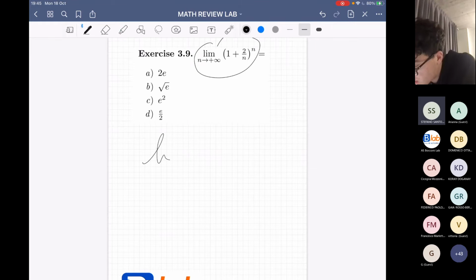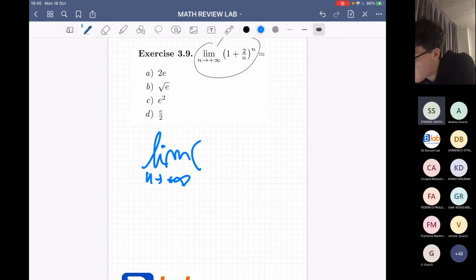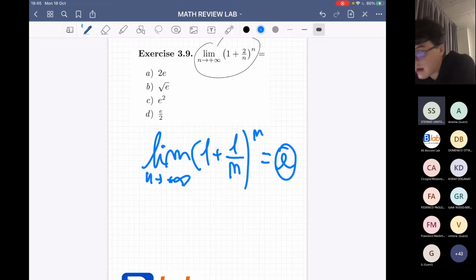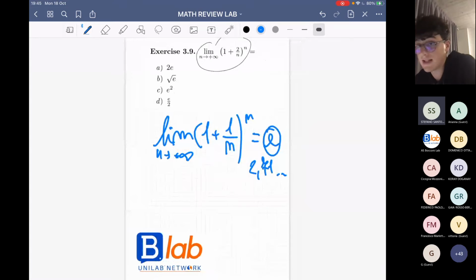the limit, oh, I want to change color actually. The limit as n tends to positive infinity of (1 + 1/n)^n is exactly equal to e. Sorry, I'm used to functions, so I wrote x. Okay, do you know e? e is a number, you know for sure. It's 2.71, etc. And this limit is always like that.